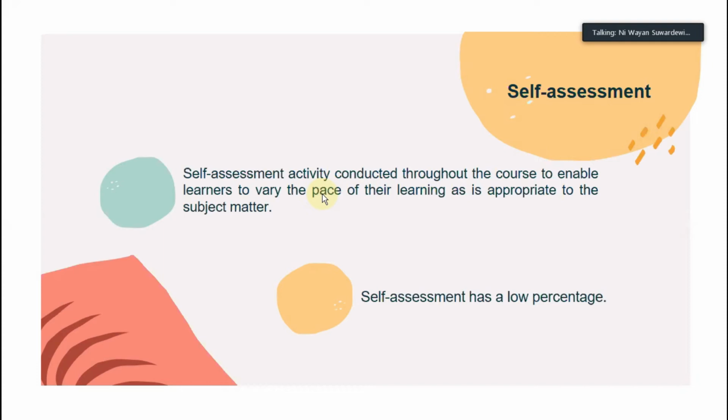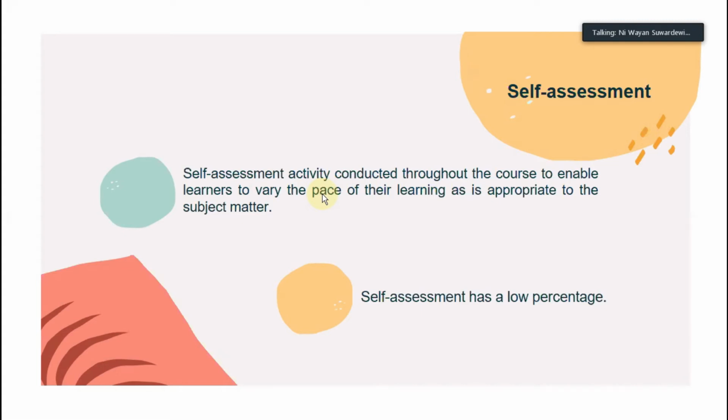It aims to enable learners to vary the pace of their learning as is appropriate to the subject matter. It means that self-assessment is used by the teacher for students to assess themselves,